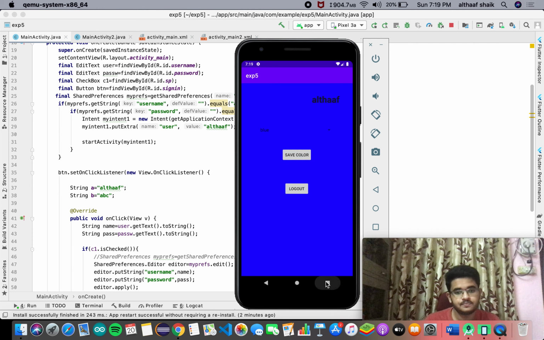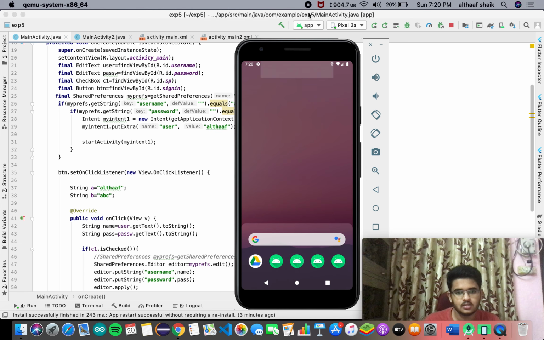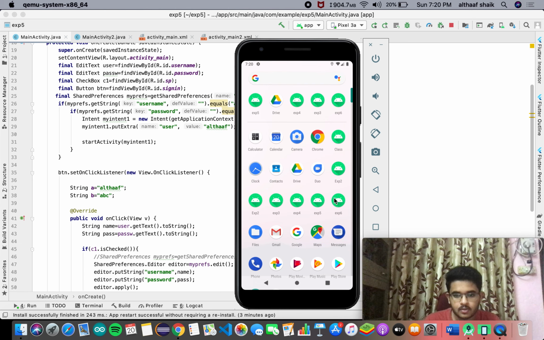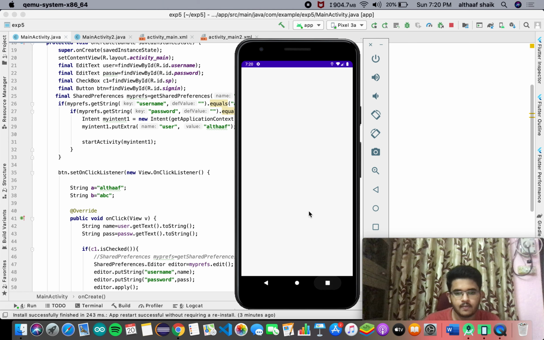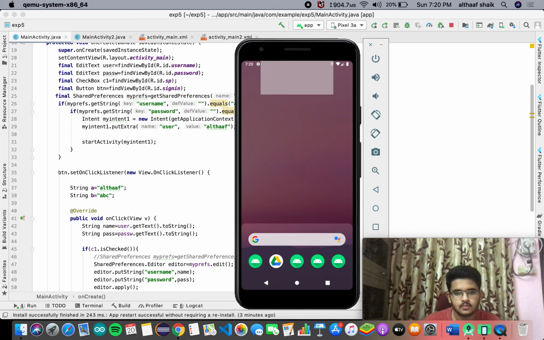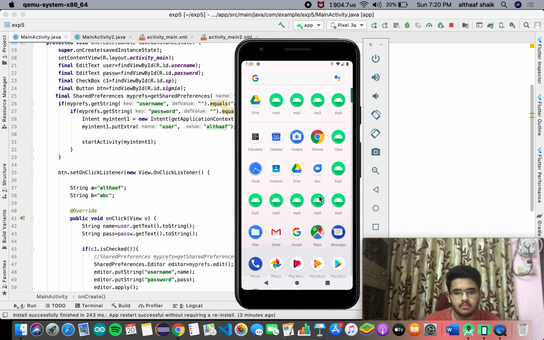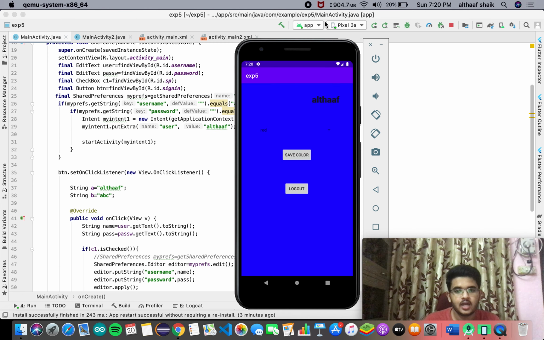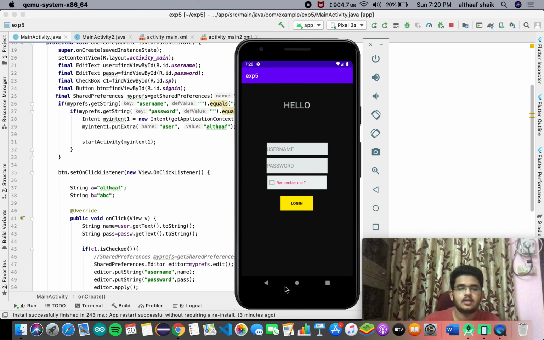If I close the app and then open the app again, it comes directly here, and the color, the username and the login will be saved. When you click logout, it goes back.